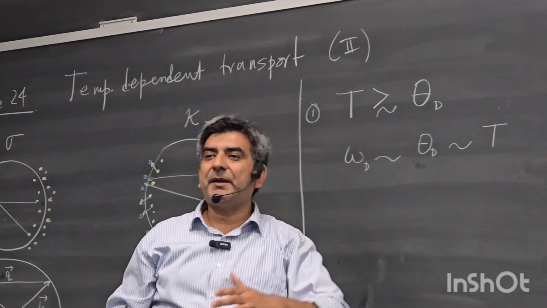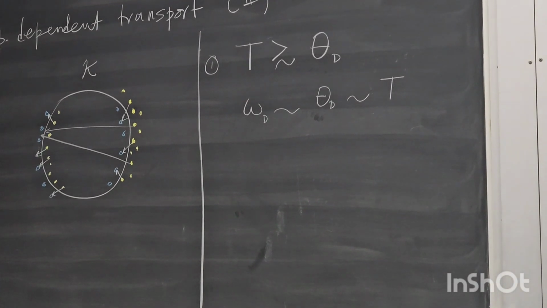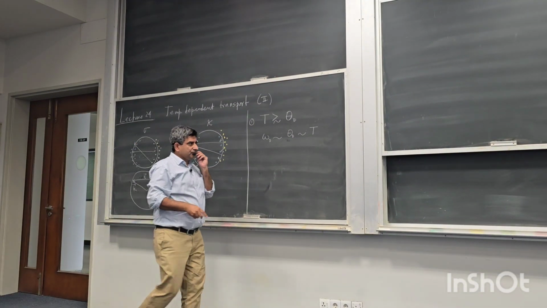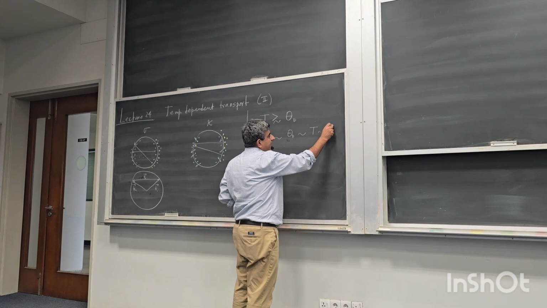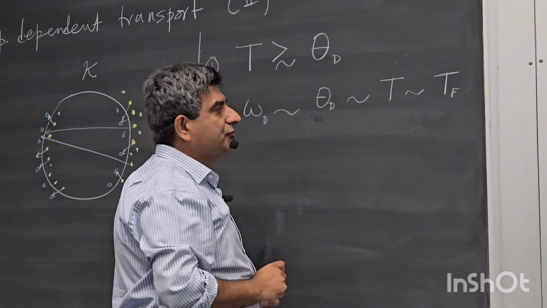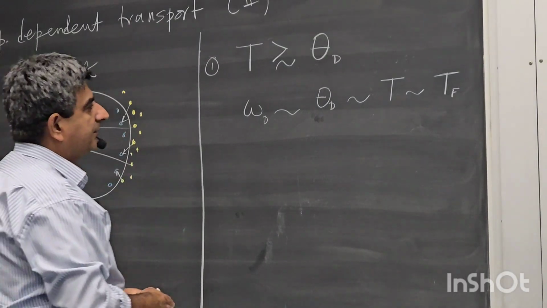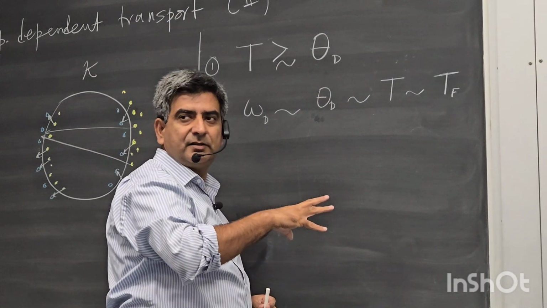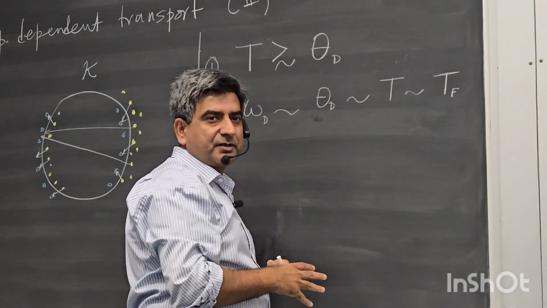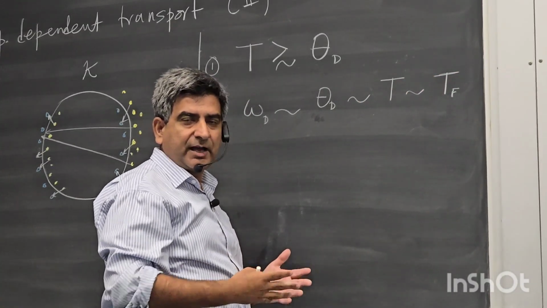And the maximum temperature that an electron can have on the Fermi sphere is also TF. So what this means is that at large temperatures, the Debye temperature and the Fermi temperature, they are of the same order of magnitude, they are comparable. And both of them,